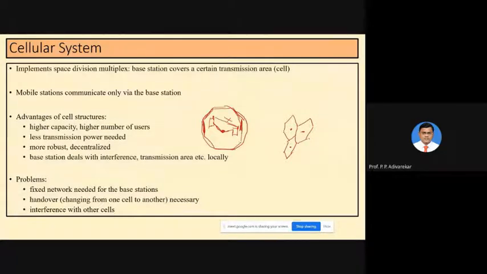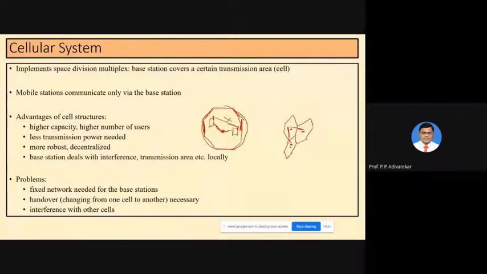Now all these 3 cells are a part of a single region, suppose Thane city. People move from one region to another region also. Suppose one user is right now available here, he may be walking and mobile in nature, so he may travel to another region, he may travel to this third region also. So people move from one smaller region to another smaller region. So all these base stations need to communicate with each other continuously to provide the services to the particular user.